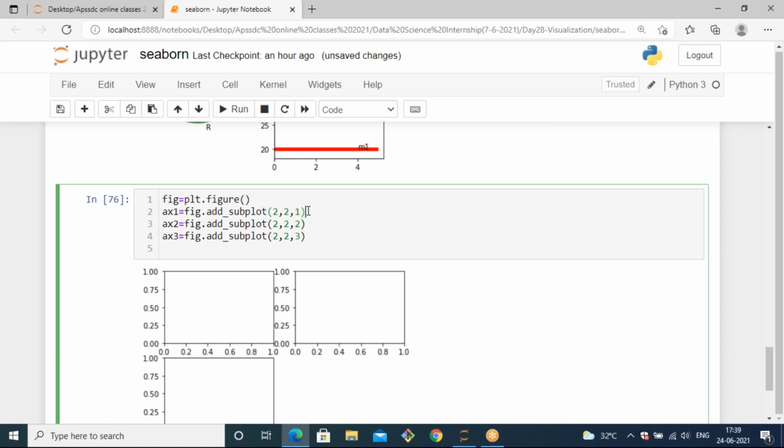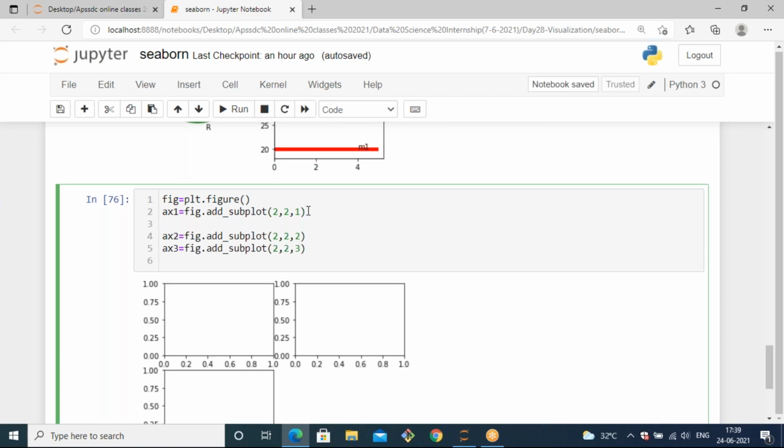So in this, yeah, in the 2 comma 2 comma 1 position I want to plot a line plot. So I can use plt dot plot of, so this is a kind of random plot, random dot. We're already importing NumPy, so we can use NumPy to generate random integers by using the randn method. It will generate random values up to the range of minus 2 or something. randn will generate a value 0 to 1 only, I think.